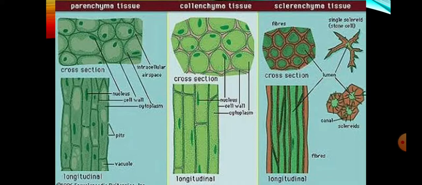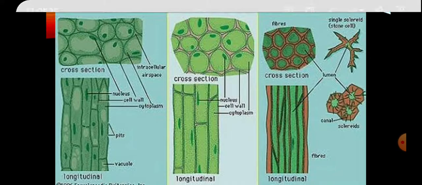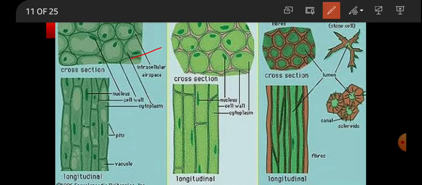So the parenchyma are round or oval in shape. Their wall is composed of cellulose or calcium pectate. In some, lignin may be present, but in very rare cases. Shape differs from plant to plant, and usually they are polyhedral. They are present in almost all organs of the plant. Means कोई भी organ ऐसा नहीं होगा कि जिसके अंदर parenchyma present ना हो. Now, originate करेगा कहाँ से? Apical meristem से और fruit से.